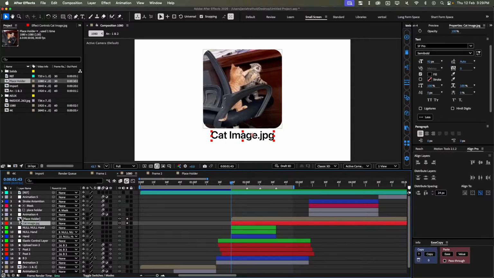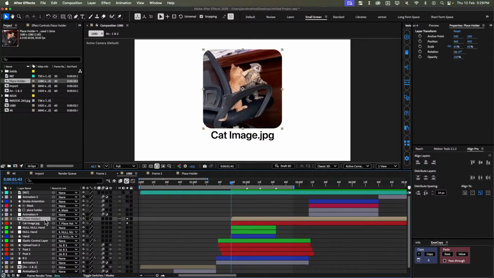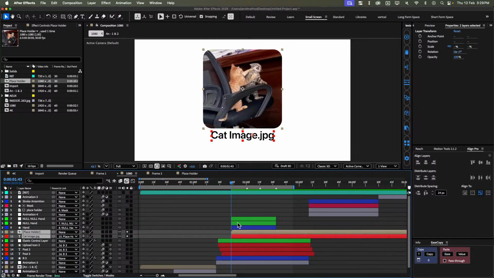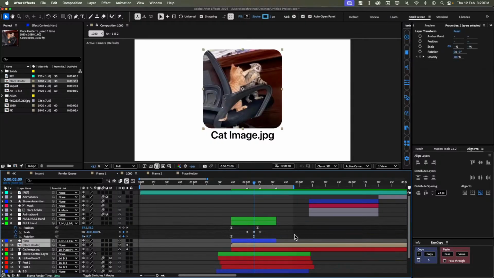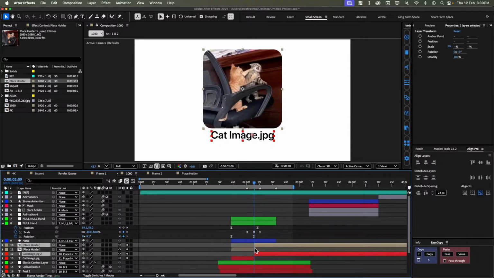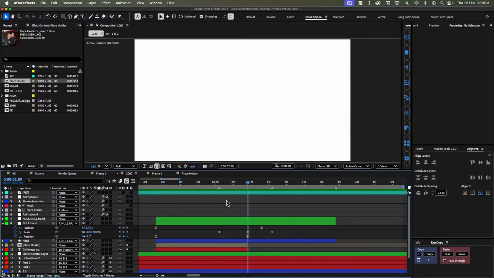then I will connect this text layer to this placeholder and move this placeholder and text below that hand layer. Okay, and I will trim them here. Control Shift D and delete this part. Okay,